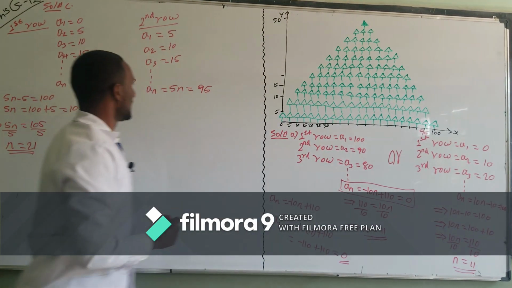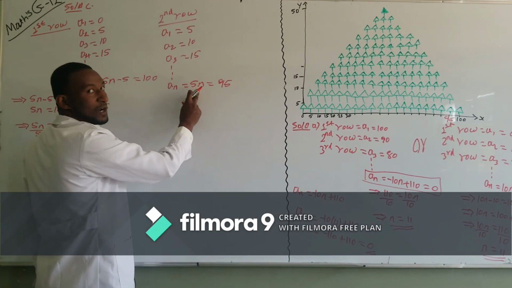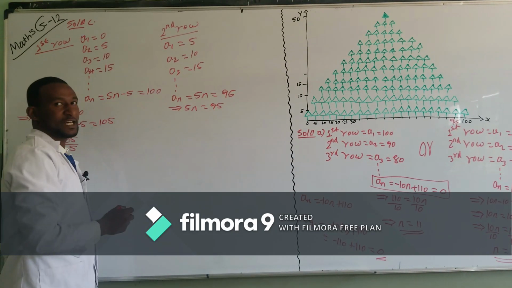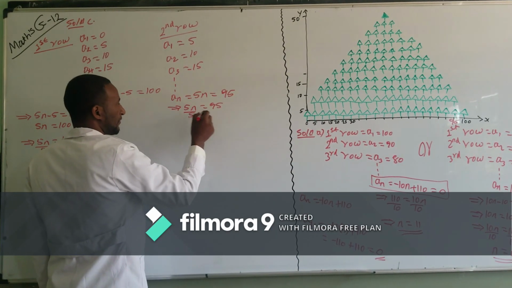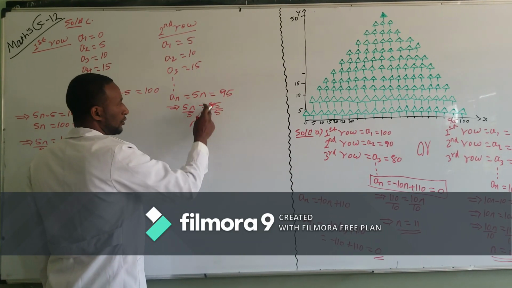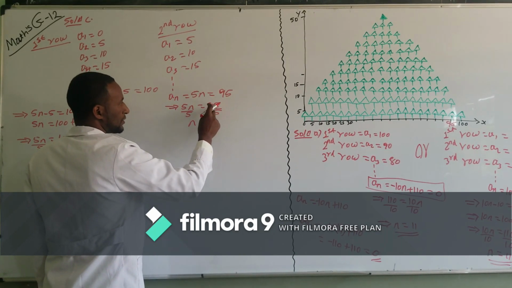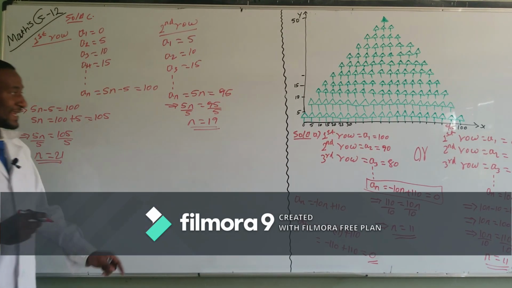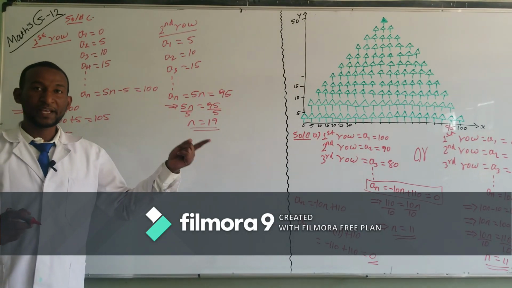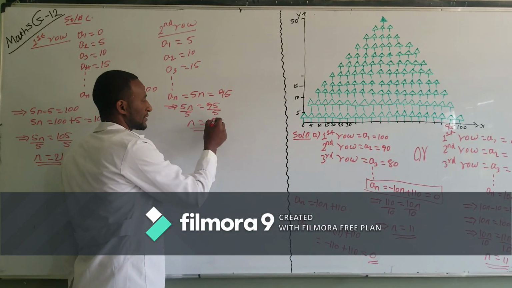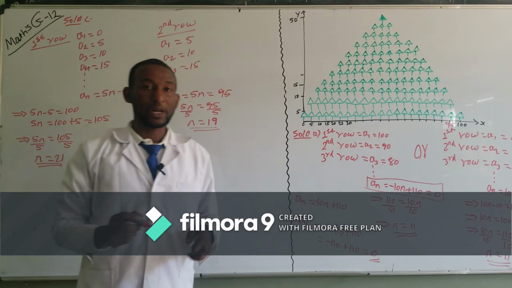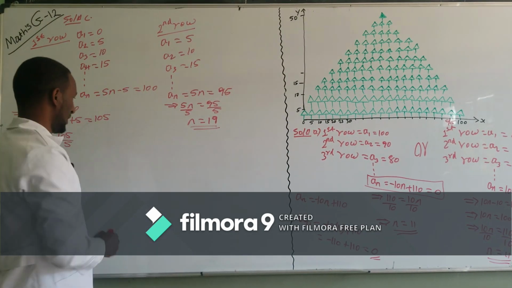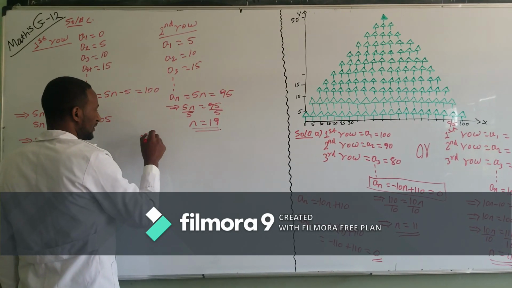So it is planted at 95. Then we can find the value of n: 5n is equal to 95. Dividing both sides by 5, n is equal to 19. This means in the second row we get 19 trees. በሁለተኛው ሮ ላይ 19 ዛፎችን እናገኛለን ማለት ነው።